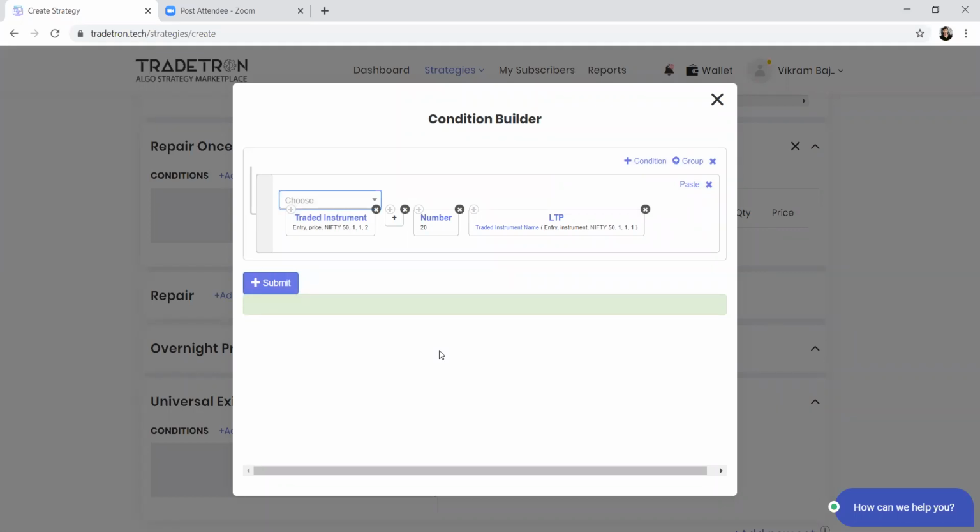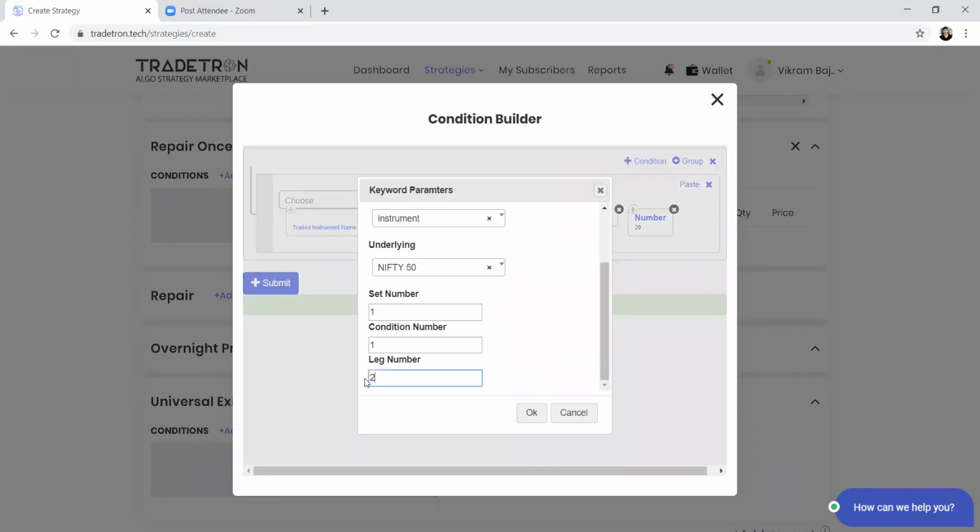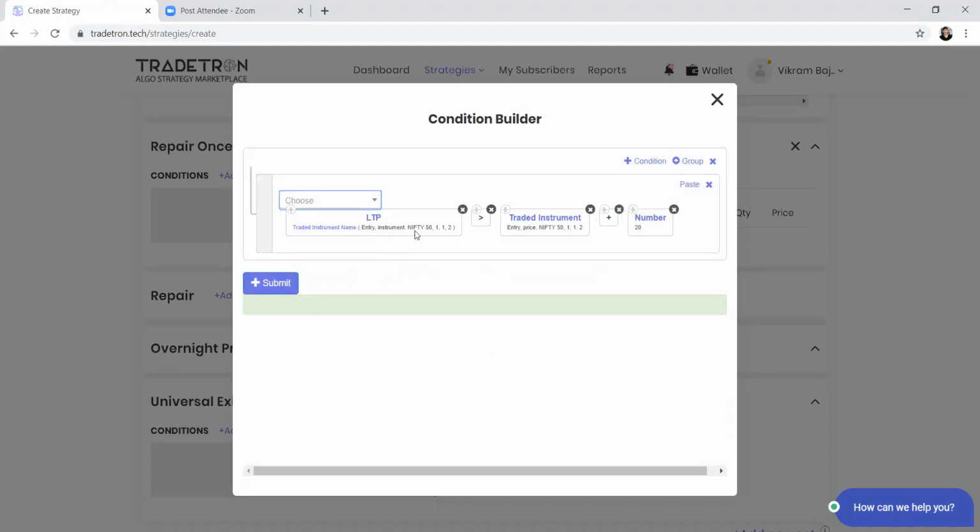Let's say you traded and ATM started at 9,000 and now the current price is 9,100. So you cannot take the 9,100 call here for your calculation. It has to be the 9,000 strike, which you actually traded. So to fetch that, you can use this. Okay, we want to put a target profit, so this will be greater than, and leg will be 2 because we are doing it for put. So this keyword will return me the last traded price of the traded instrument out of the 2 legs, and this keyword will return the actual price at which it was traded while entry was taken.